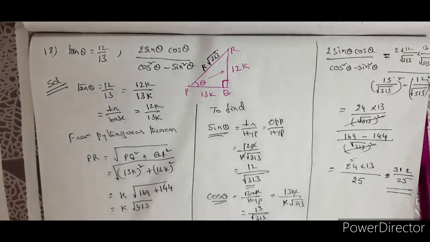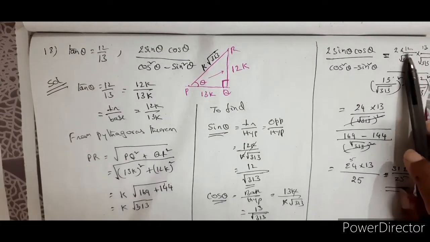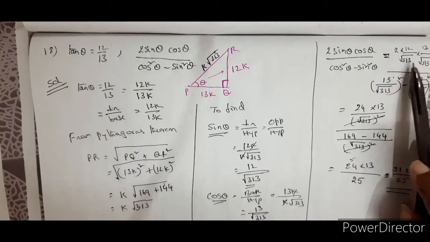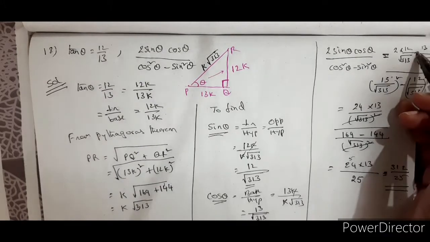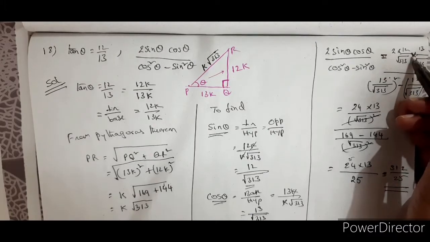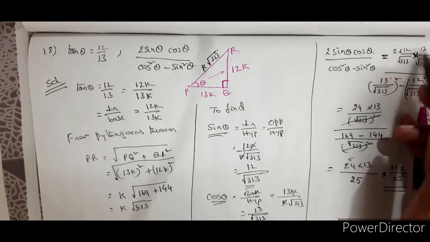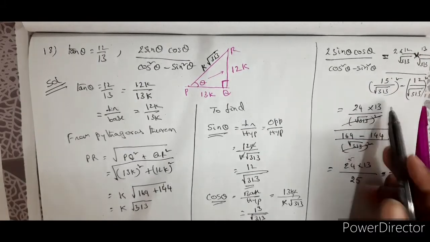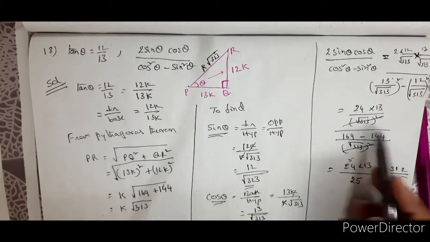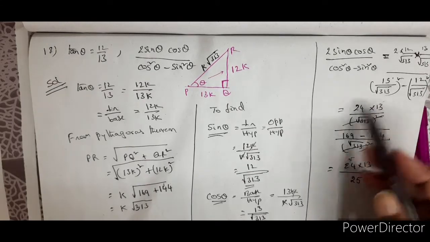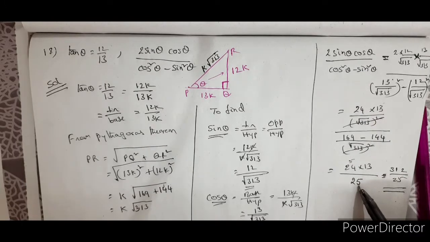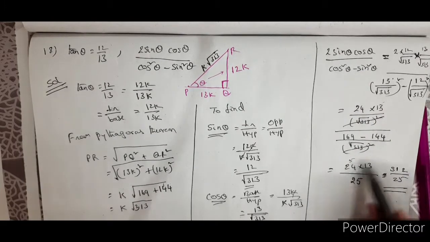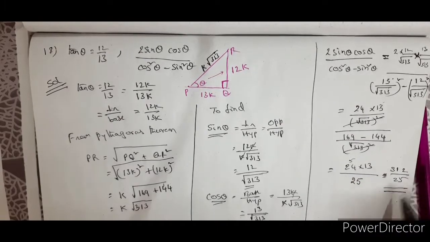Okay. Pause the video here and please note it down. So here in simplification you have in the denominator root of 313 into root of 313, because it is multiplication, no need of cross multiplication or anything. Directly you can multiply the numerators and the denominators. So here we did 24 into 13. I just left it like this so that if in further steps something would get cancelled with the denominator, I waited for it, but we didn't get anything which can be cancelled. Hence finally I multiplied it.